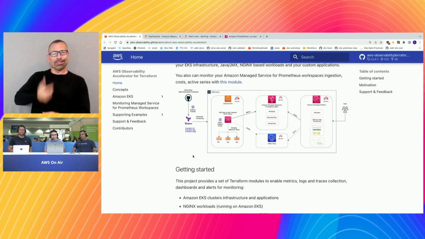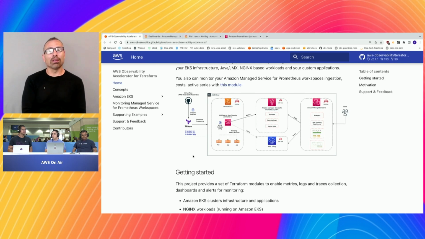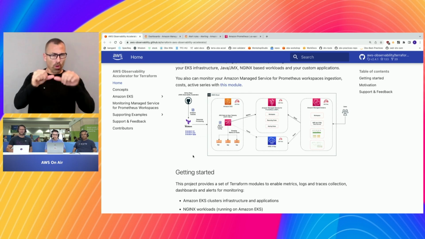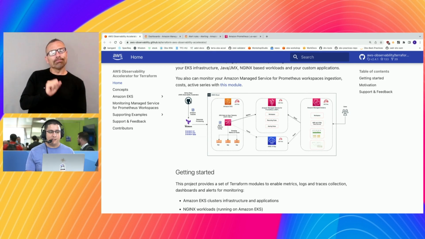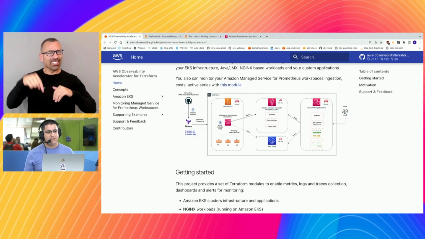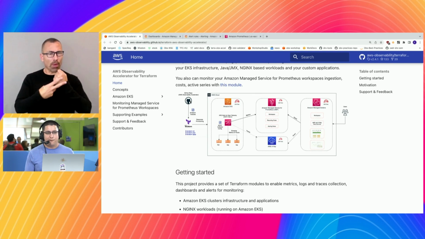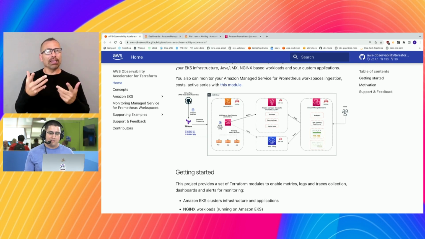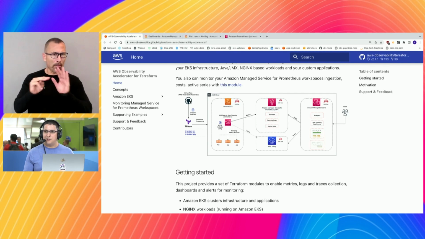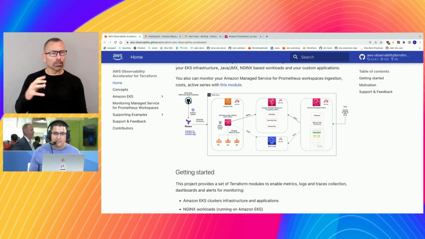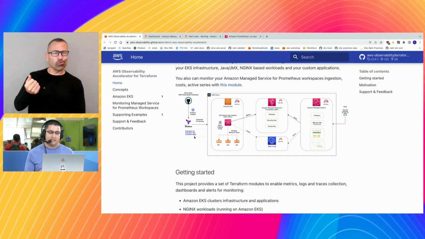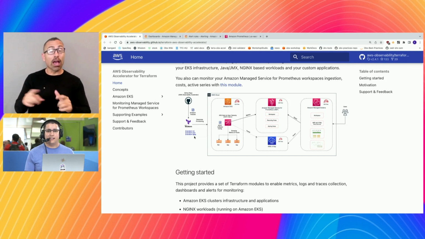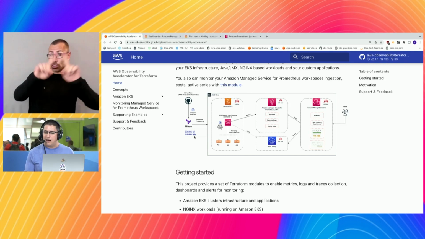So we'll start by going over a little bit of architecture, a visual layout of what we're looking at here, just to get everyone on the same page. Basically what we have is an open source repository, and it's a set of Terraform modules and examples. You can clone the repository and then run just a few commands. We're going to get you started with some dashboards and alarms and some tracing that meet a lot of out-of-the-box use cases, really.